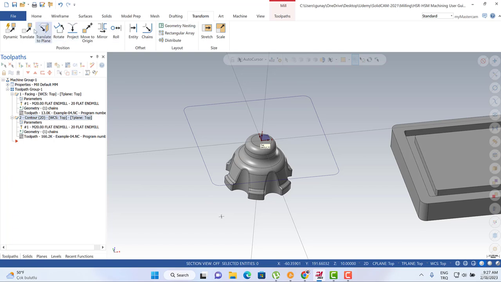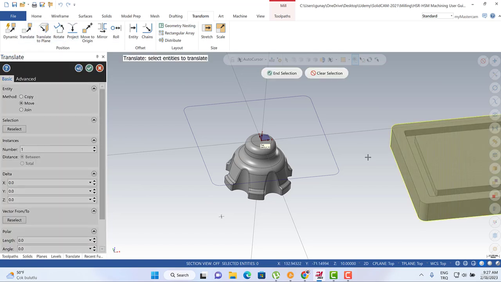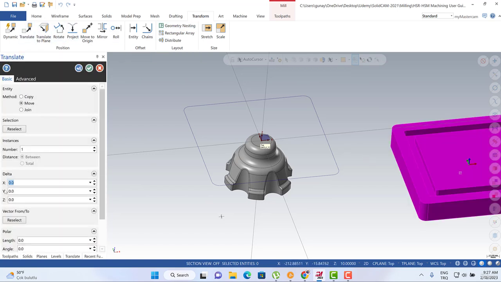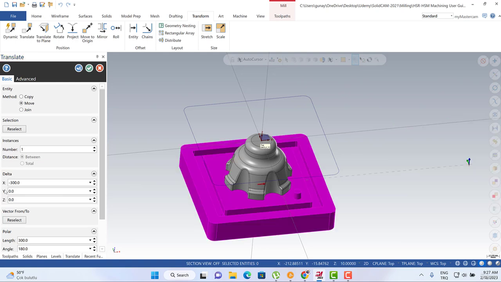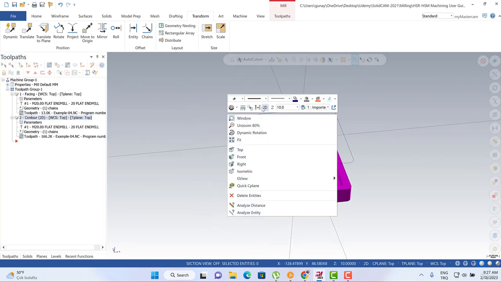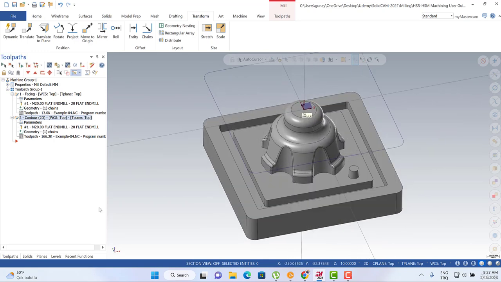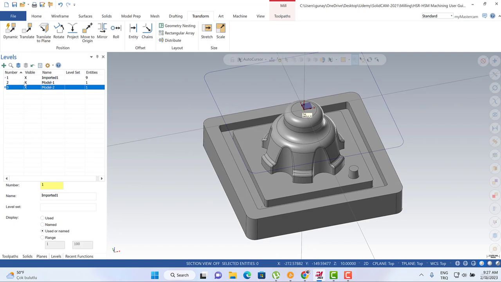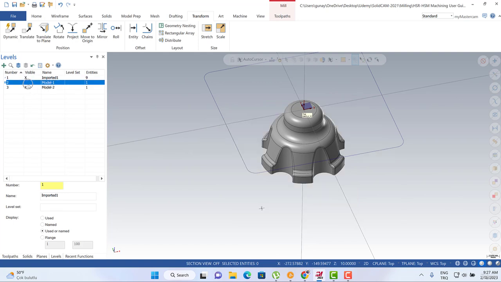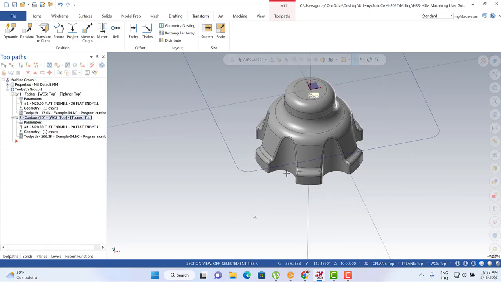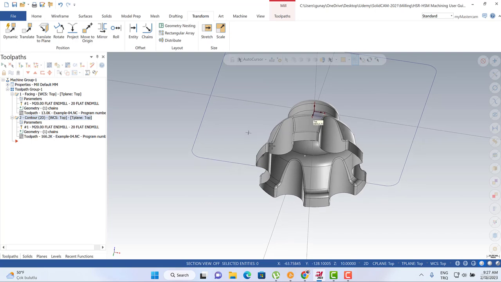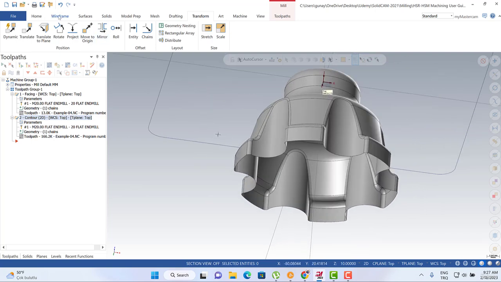Anyway, let me turn to the transform and translate and select this solid model again, and then we can write -100 and -300. And then we can also use right mouse button and clear color options. Okay, it's done. Let me turn to the level and reactive and reselect model 1, and then model 2 is selected right now. So after that, we can easily create our curve. So wireframe